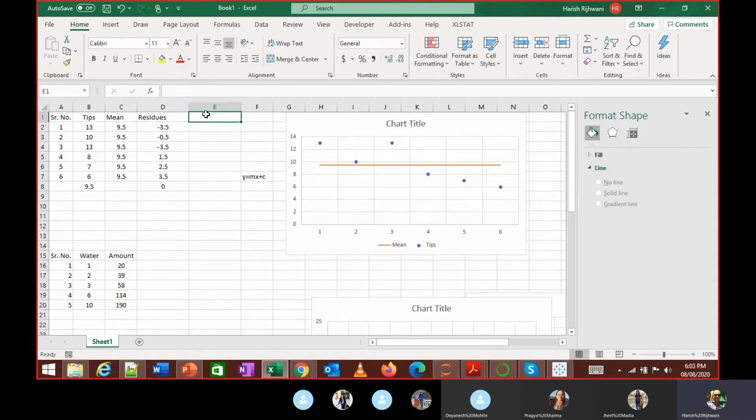What I would want to do is square these residues. Why do I square it? Any idea?